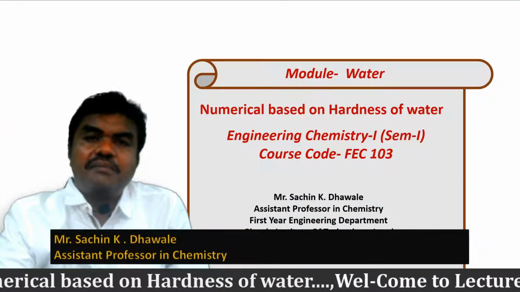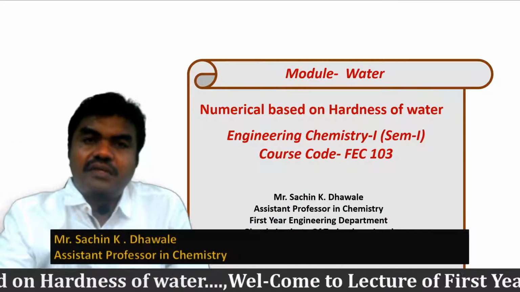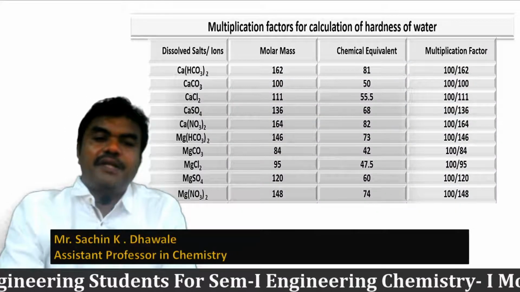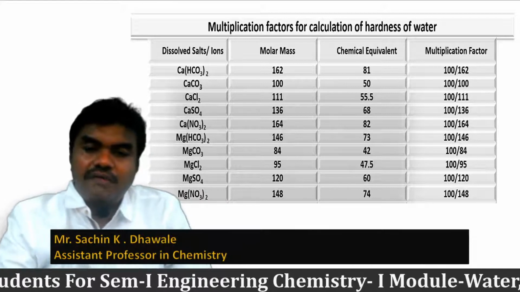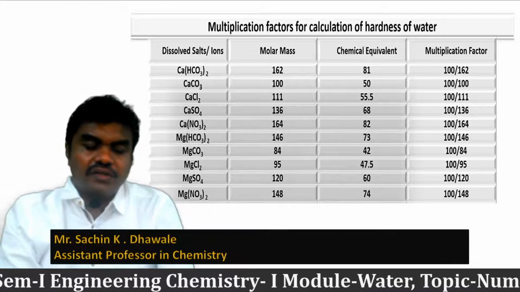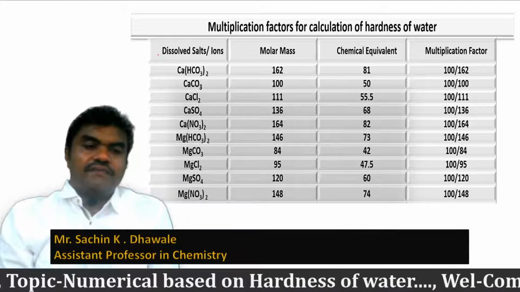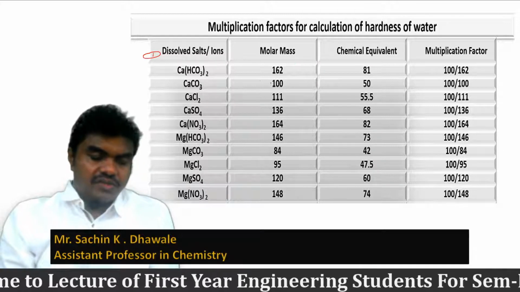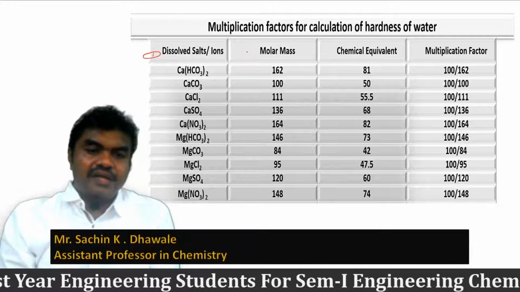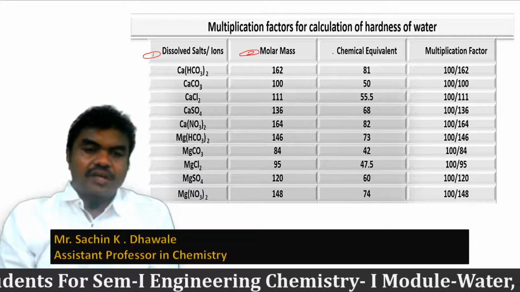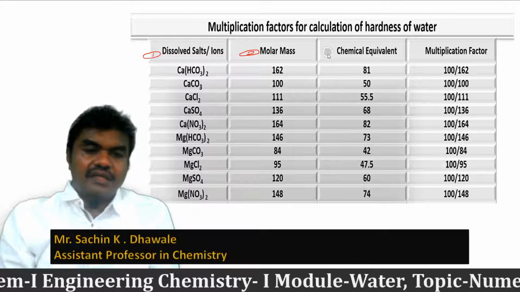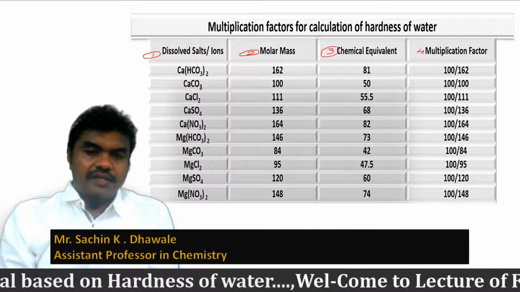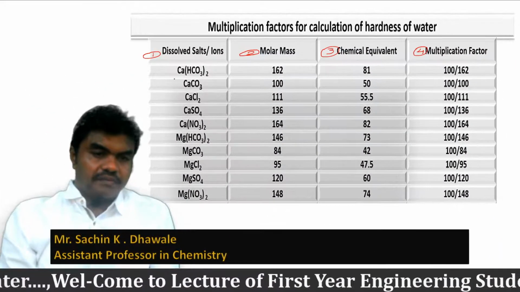So this is a numerical based on hardness of water by using a multiplication factor. Multiplication factor for calculation of hardness of water. In that table, 4 columns are present: in the first, dissolved salt or ion impurities are given. Then second, molar mass. Then third, important, the chemical equivalent, and fourth is the multiplication factor. So in the first column,